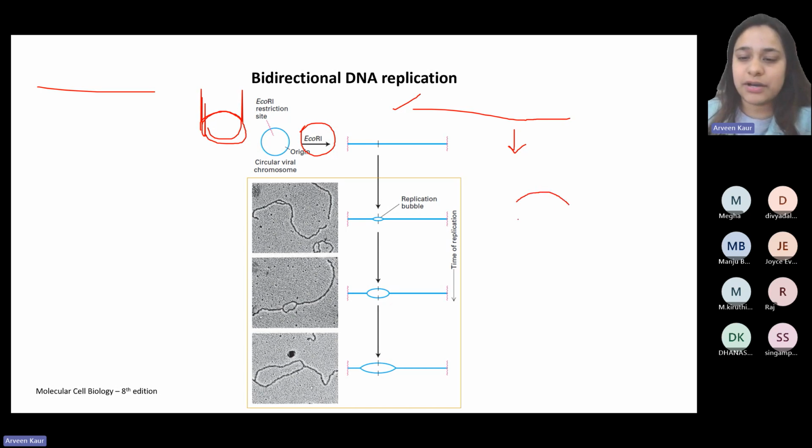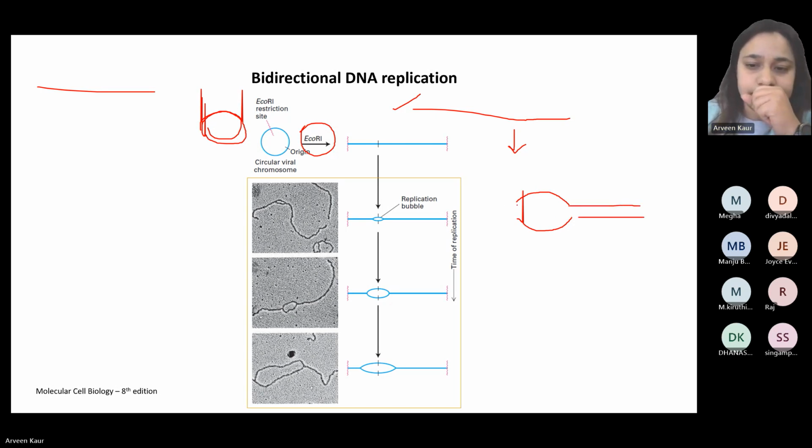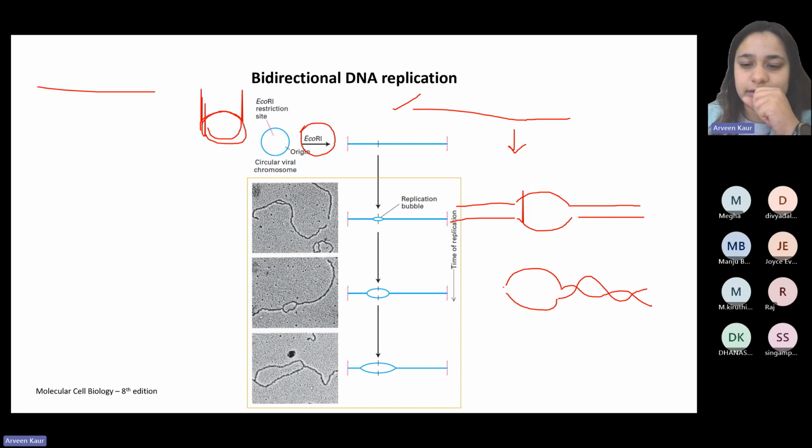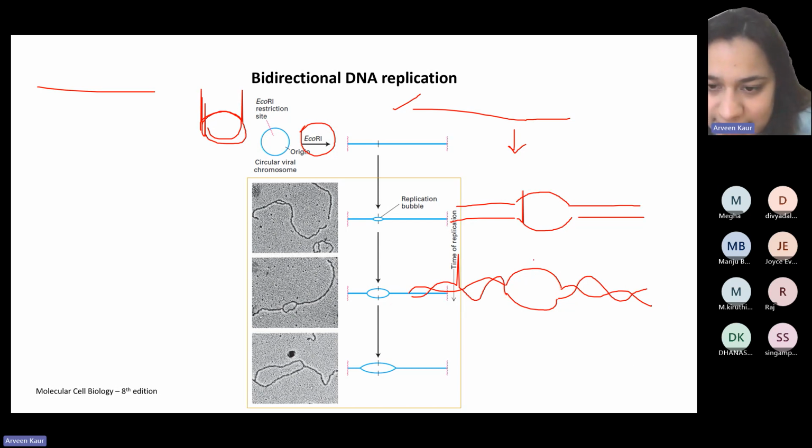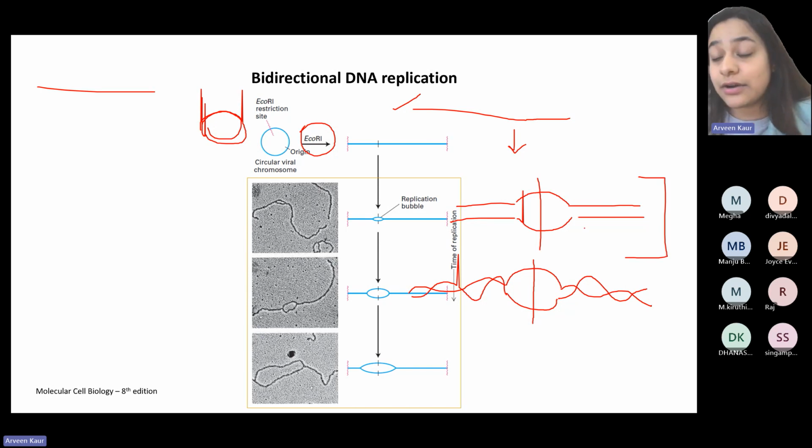That if there is a replication bubble being formed, or rather a better representation would be that there is a replication bubble, and on either side of it, it is still not unbound, right? Something like that. In this replication bubble, say that the origin will be in the middle. Say this first strand. Now let us talk about it in this particular example, because that is how I will be able to tell you that this is the strand we are talking about.